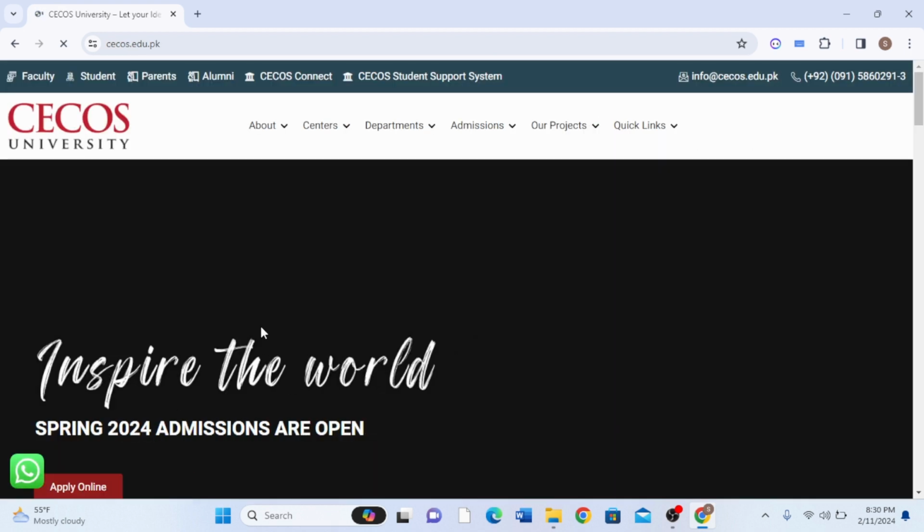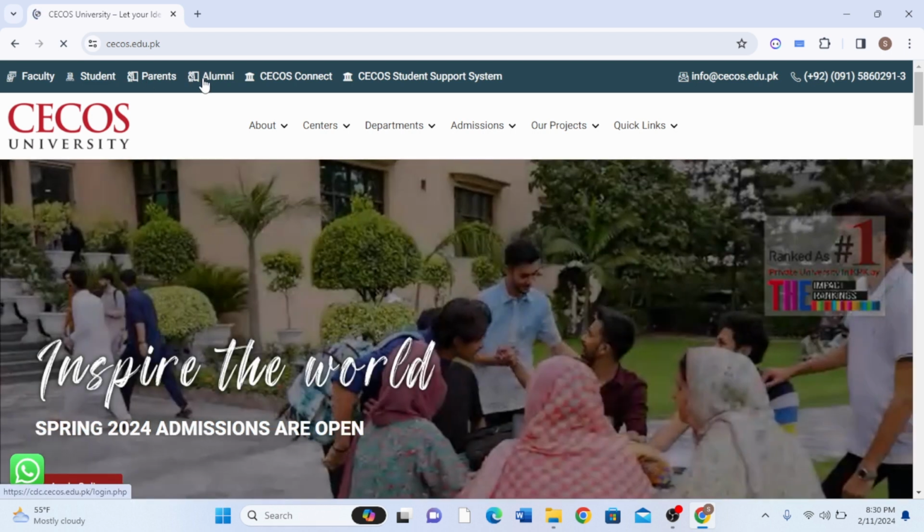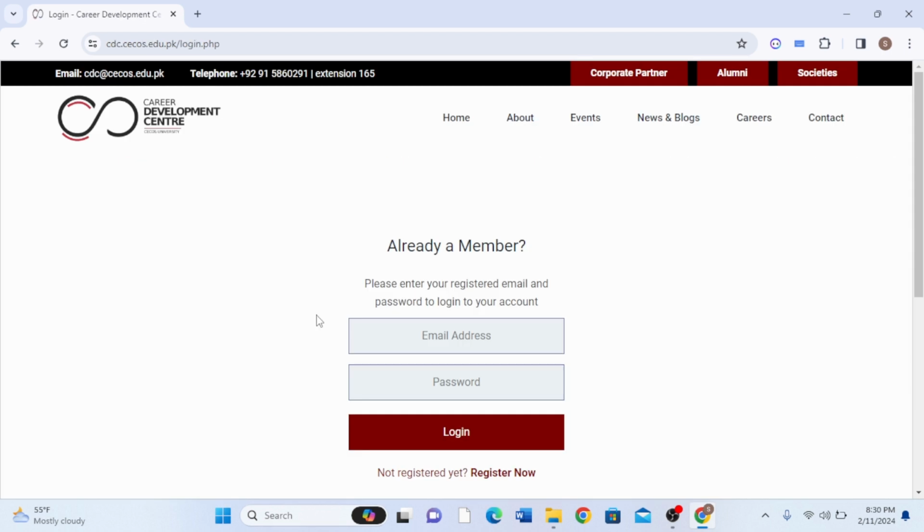And here we can see on the top the student, parents, and alumni options. I'm going with the alumni. So what you have to do is just enter your registered email and password in order to log into your account. Type down your email and also your password. And after that, click on this login option, and then you'll be successfully logged into CECOS